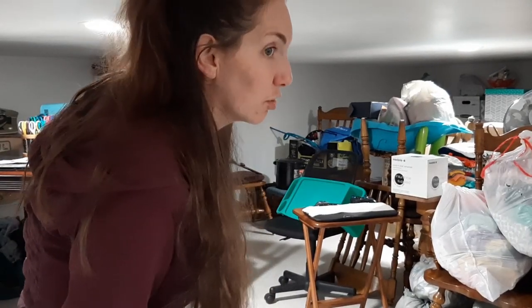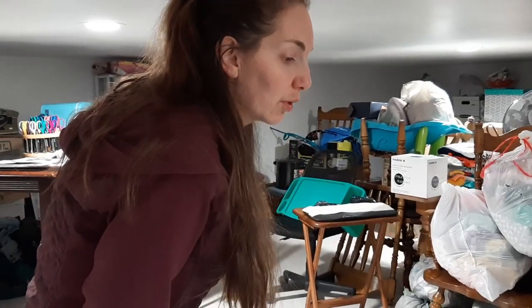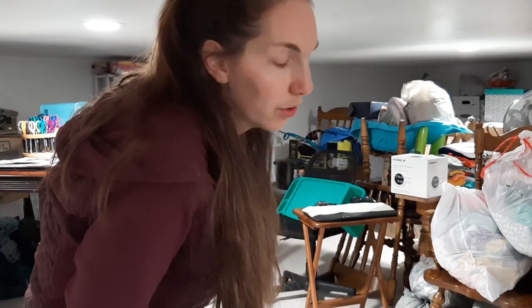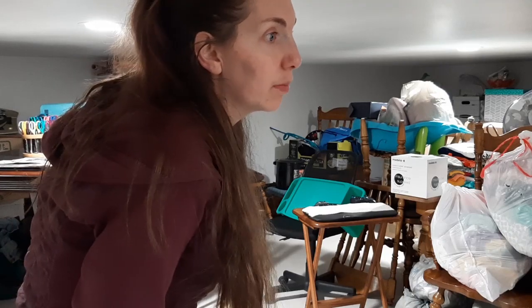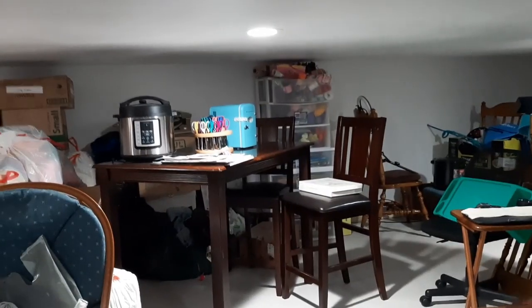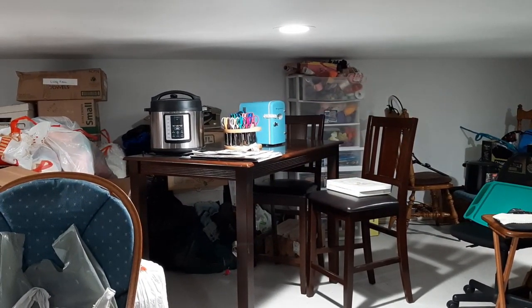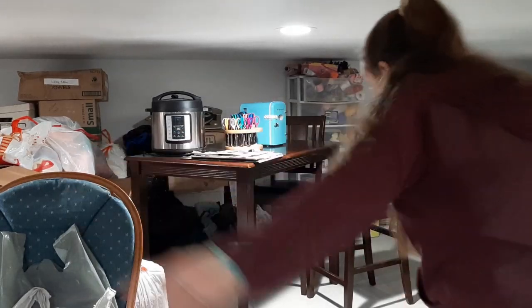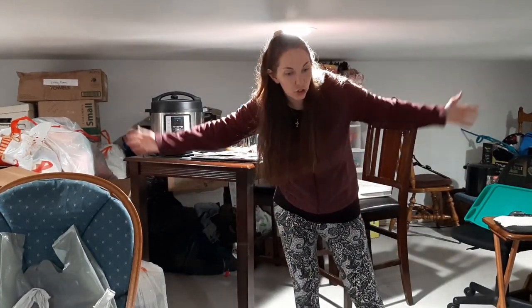I won't necessarily buy something brand new as far as an organizer. We don't even have an IKEA or anything around here. Anyway, we have one near Seattle, so that won't help us. My thought is, if I can do storage across this back wall, a bunch of important things, that will leave the middle open for us to actually use, you know? And I'm thinking